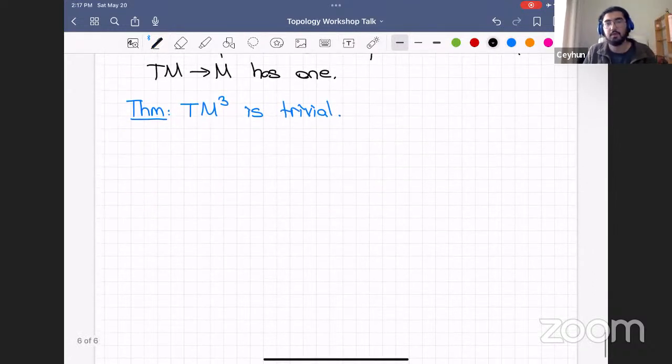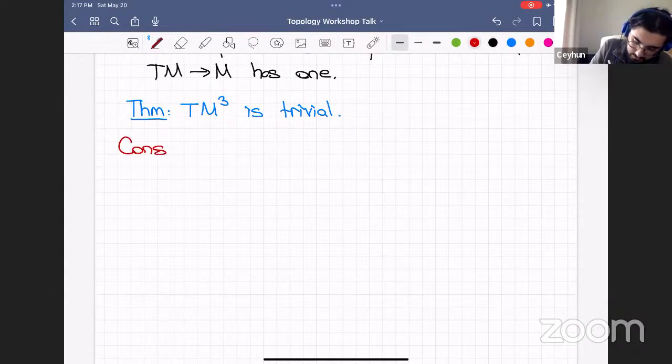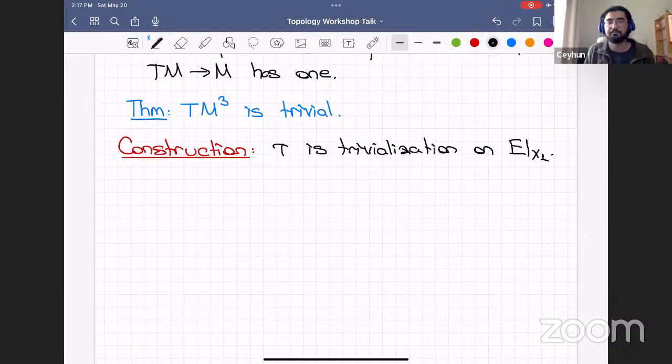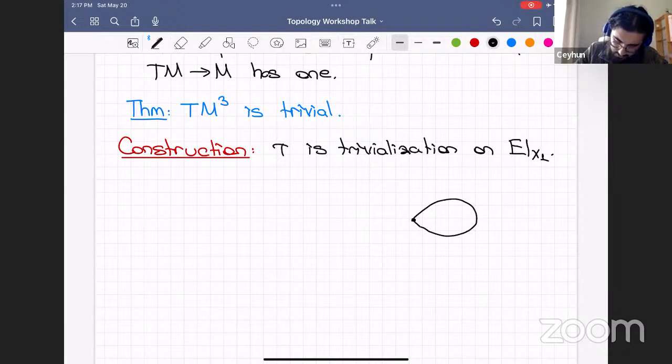Okay, so we want to extend this tau to the two skeleton, and there's a construction which will give us a cohomological obstruction. So tau is a trivialization, and we look at its restriction to X1. Then we have cells: a 0 cell, a 1 cell, everything is happening in X here, and then we have a 2 cell. And we want to see whether this